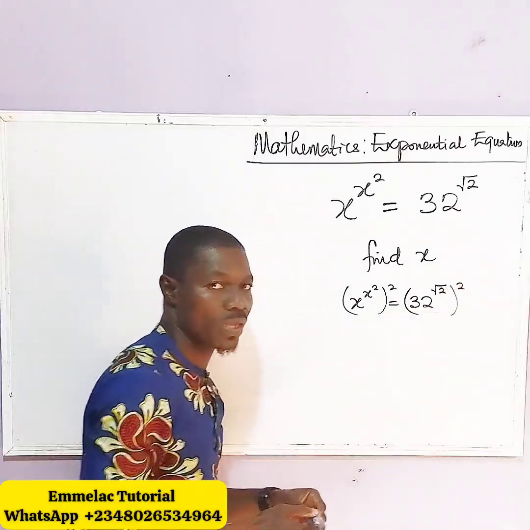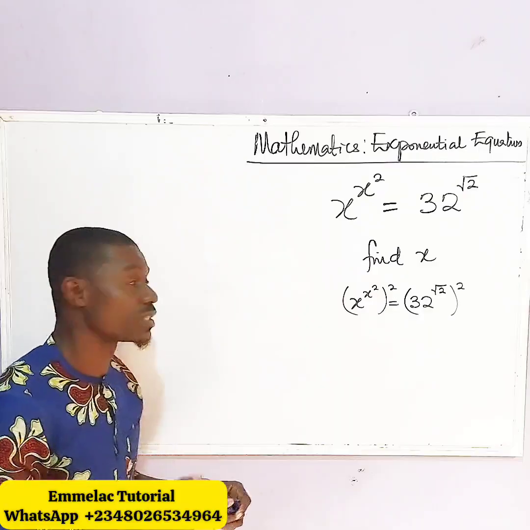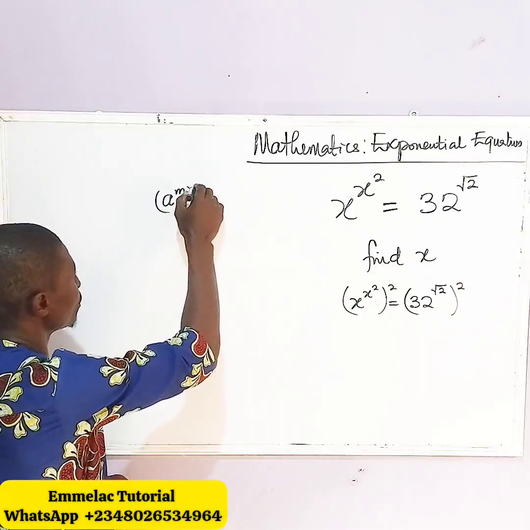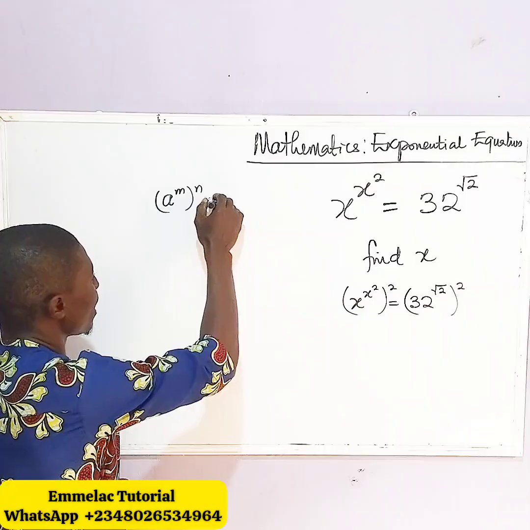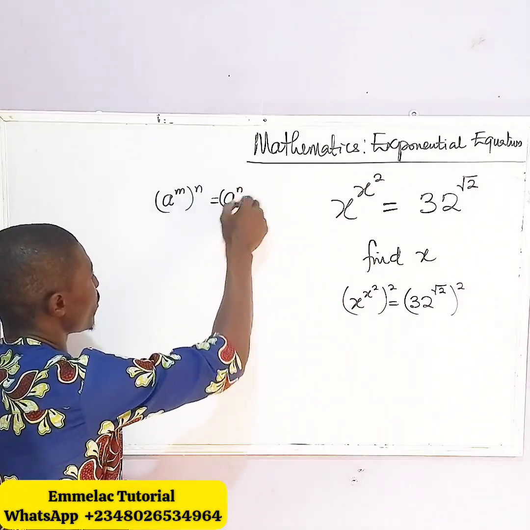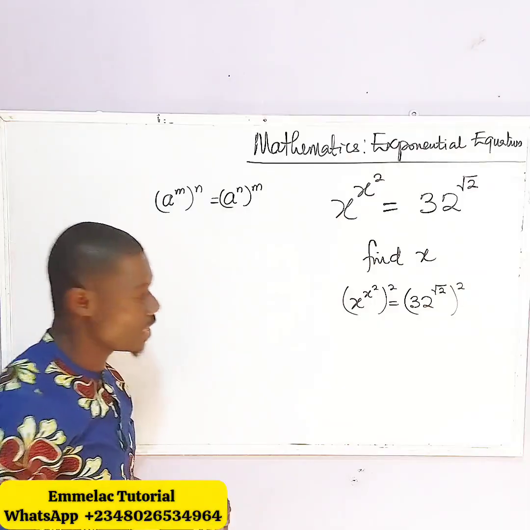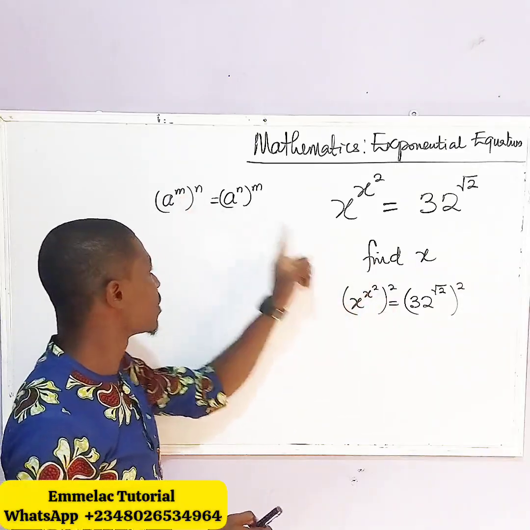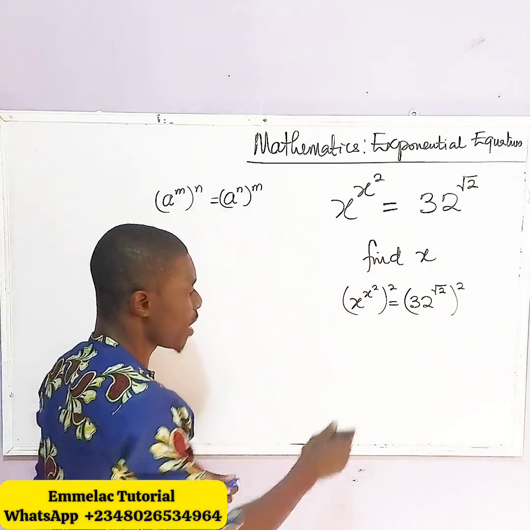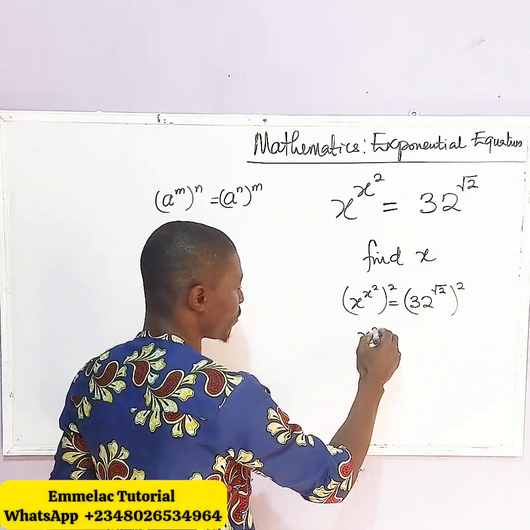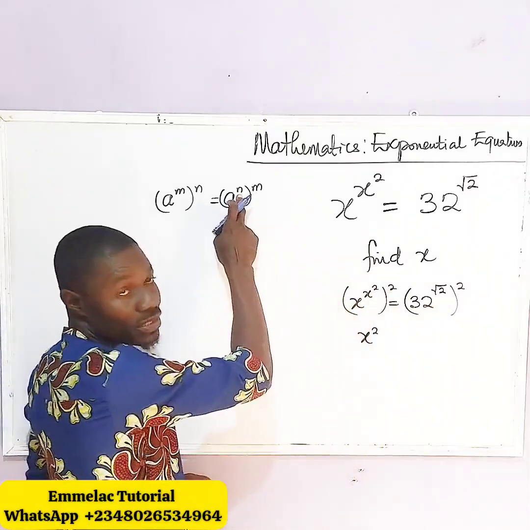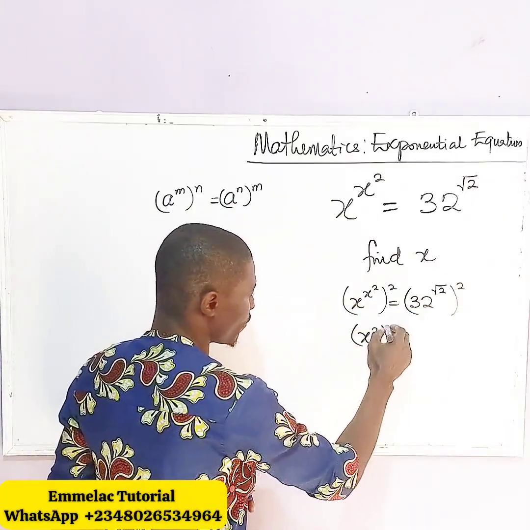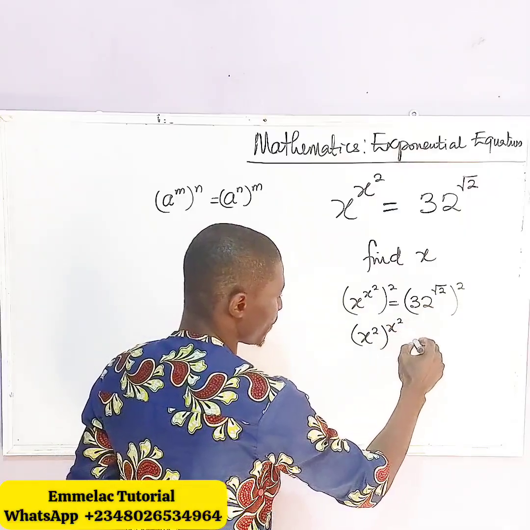Now let us recall that according to the law of indices, when you have a raised to the power of m, raised to the power of n, I can rewrite this as a raised to the power of n, raised to the power of m. Now considering x raised to the power of 2 as m and 2 as n, I can rewrite this as x raised to the power of 2, which means our n comes inside and our m. So here we have raised to the power of x raised to the power of 2, then equals